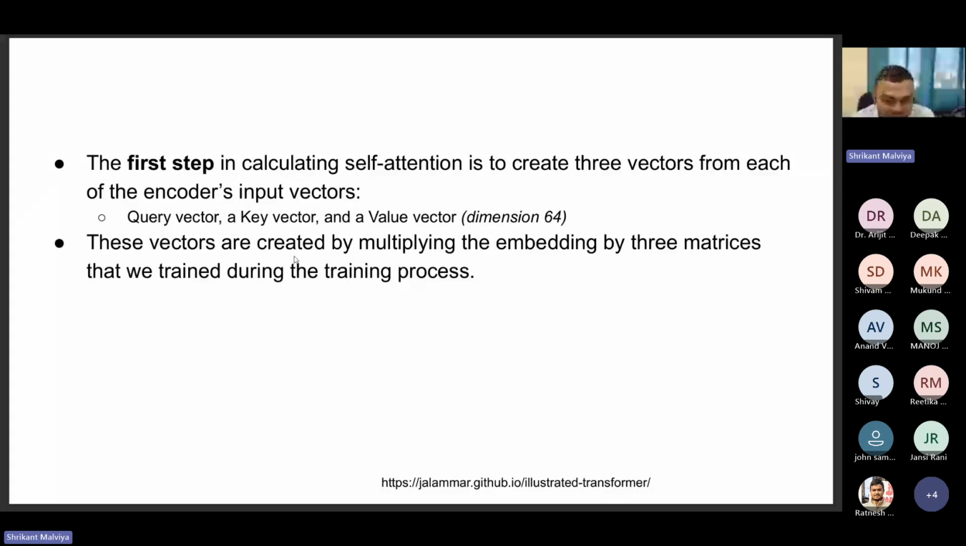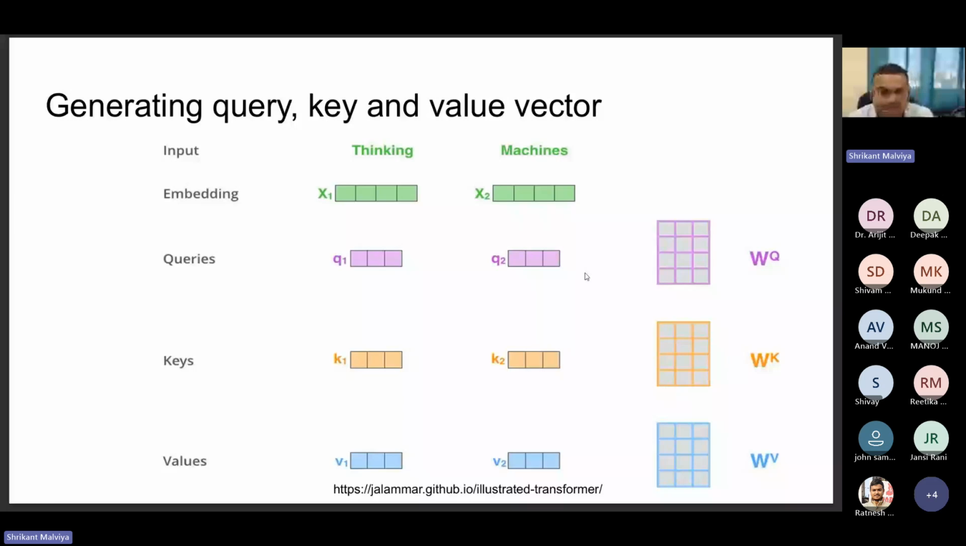So these vectors are created by multiplying the embedding of a word with three matrices. This is how it is happening. Suppose there are two words in the sequence, thinking and machines. First we'll get the embedding of both the words, x1 and x2. Then we already have a matrix of weights for